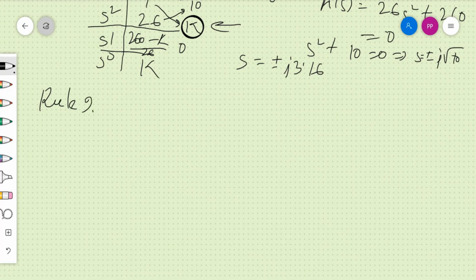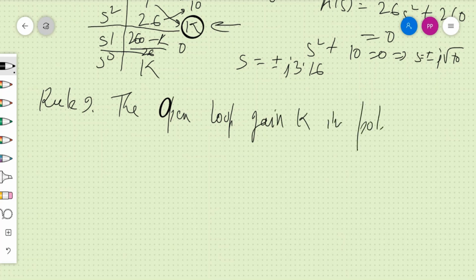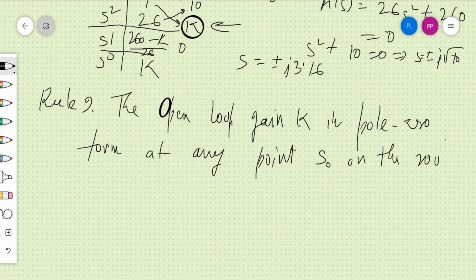It says that the open loop gain k, in pole zero form, at any point S0 on the root locus is given by